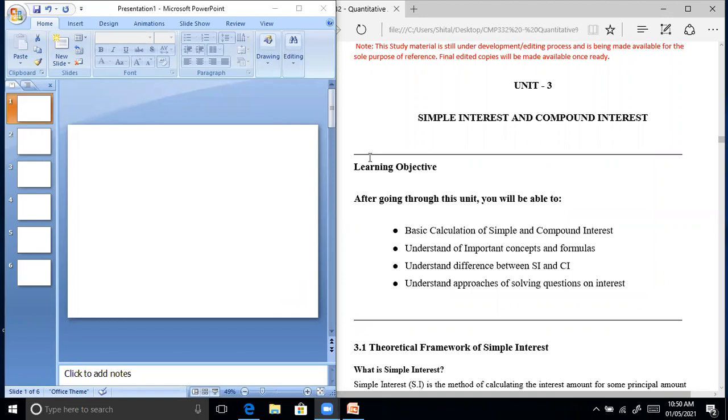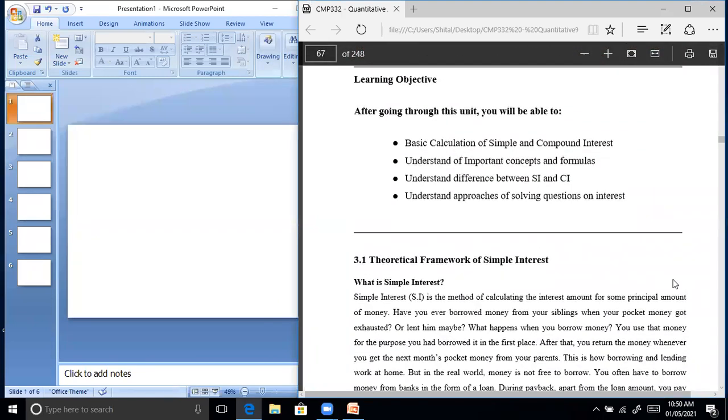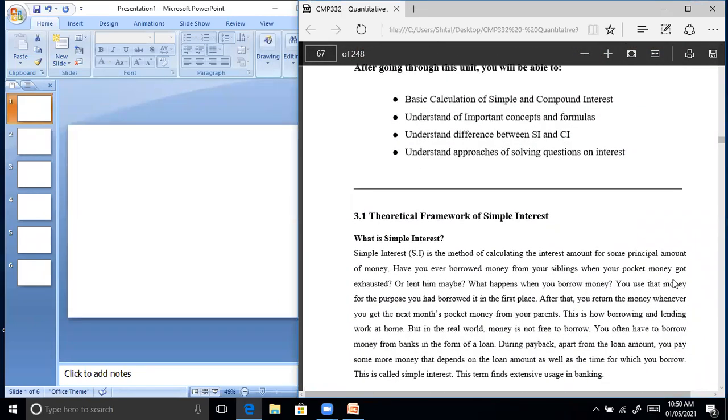Hello everyone. Today we will start with quantitative aptitude topic, simple interest and compound interest. So first we will see what is simple interest. Simple interest, abbreviated as SI, is the method of calculating the interest amount for some principal amount of